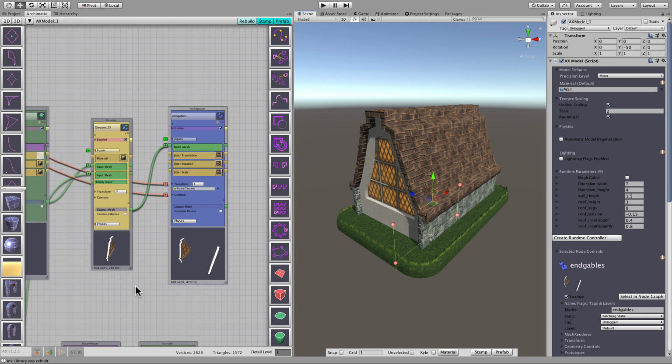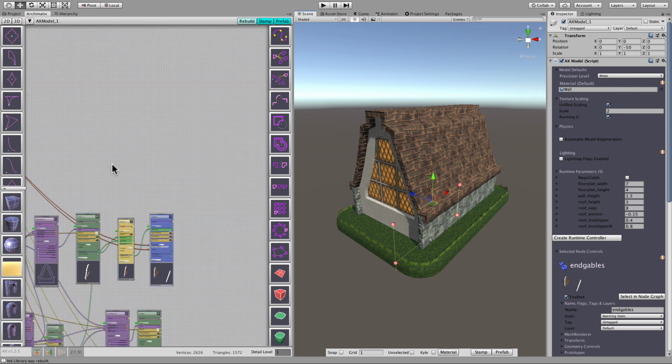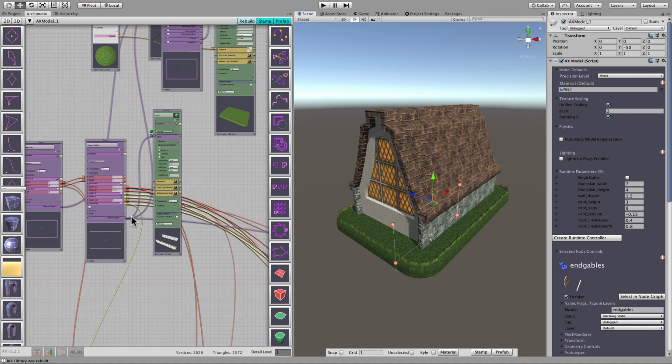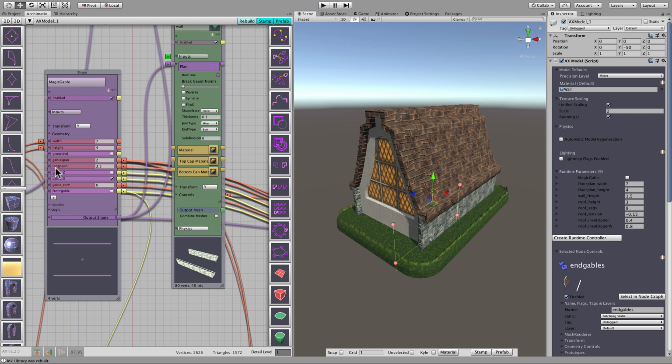So back on my logic node, I added a new parameter called long span, which will give me half the length of the long wall, whichever that wall happens to be. It's just going to give me the number. The pseudocode adds 2 more lines